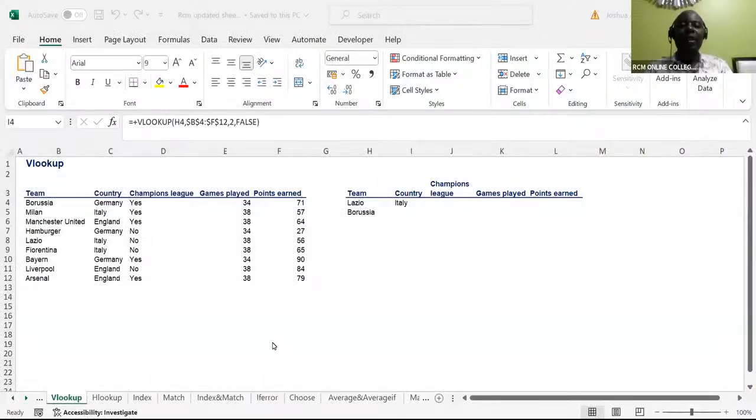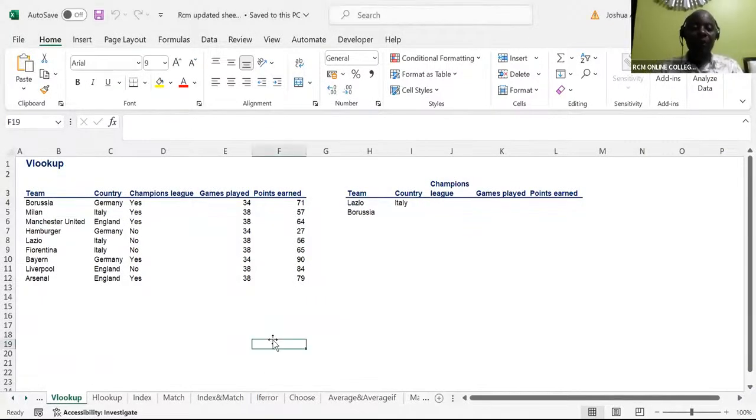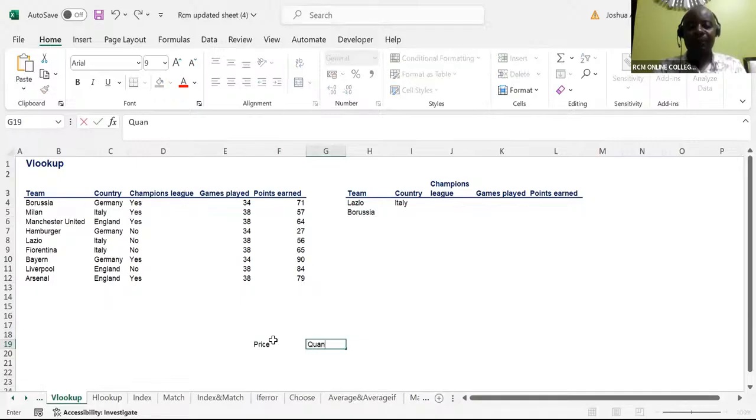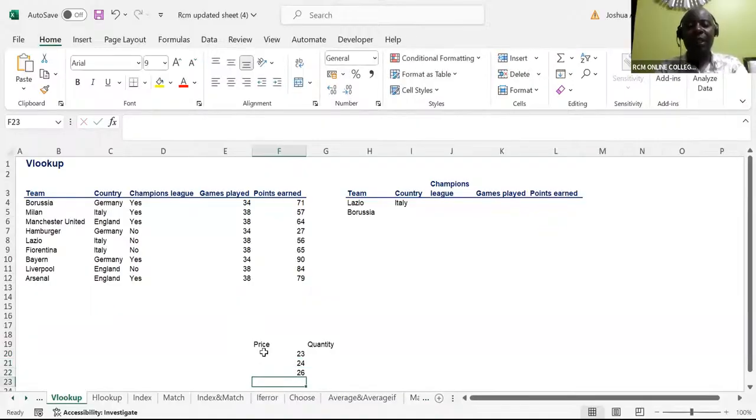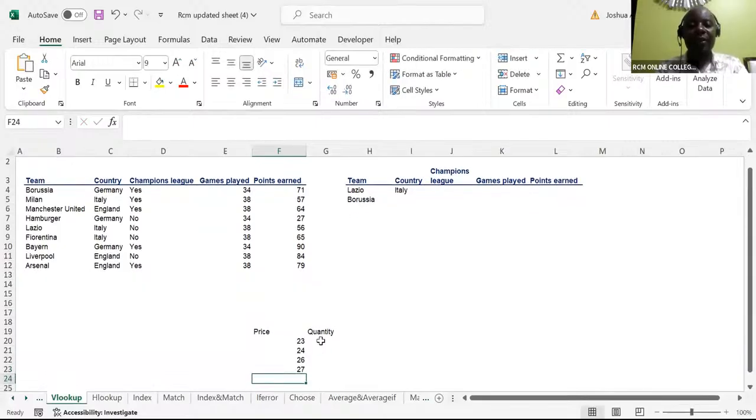Locking of numbers in Excel. Now, assuming, ladies and gentlemen, I have a price here and I have quantity. The prices here could be for various years: 23, 24, 26, 27, like that. Quantity sold, in this case, we have 4,500, we have 5,000,